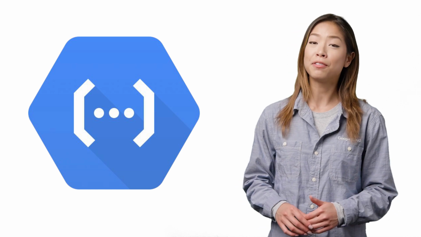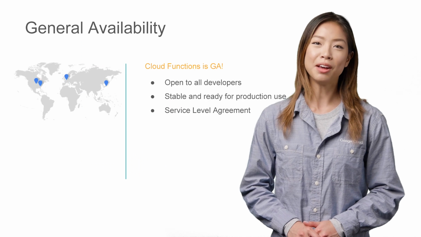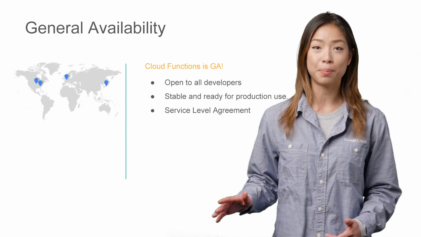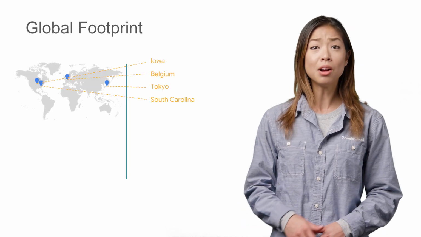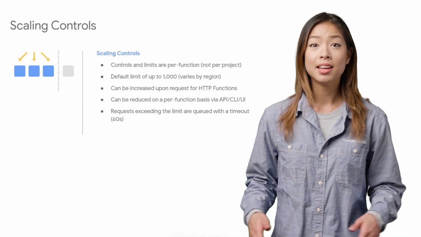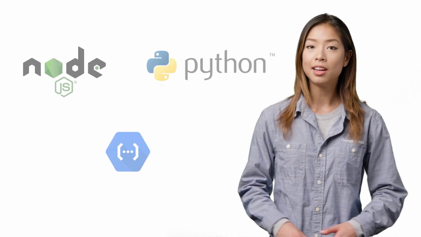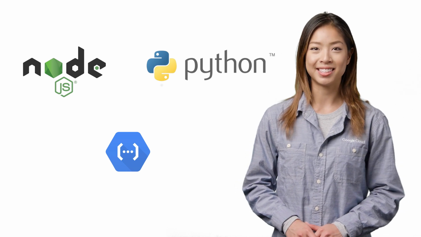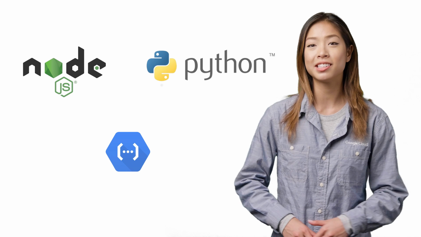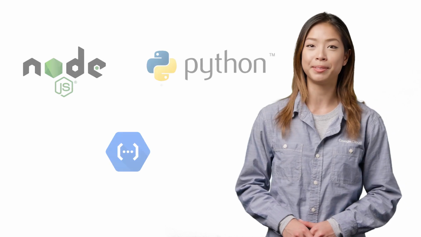And while App Engine is celebrating its longevity, Google Cloud Functions is celebrating its first year with a whole set of announcements. Cloud Functions is now available for all developers, making it production-ready, and even provides an SLA. Along with that is support for more regions, scaling controls so you can put an upper limit on the number of instances of a function, and languages, including Node 8.11 and Python 3.7. Both of which contain common features like logs, exceptions, error reporting, and alerts all through Stackdriver.